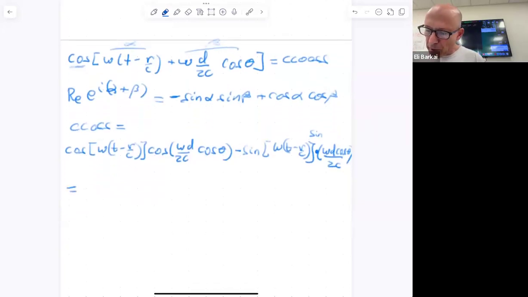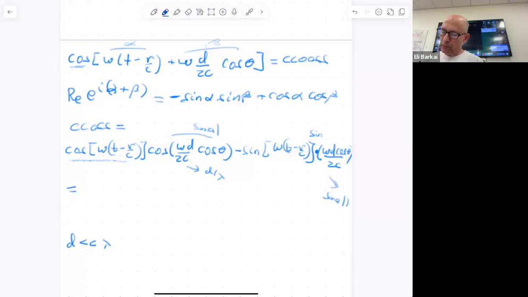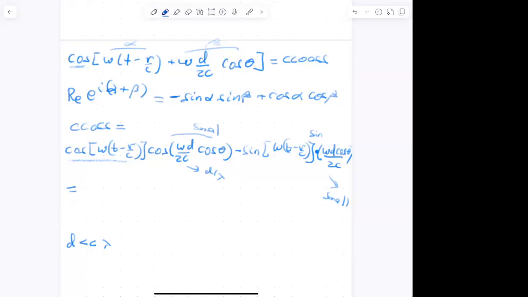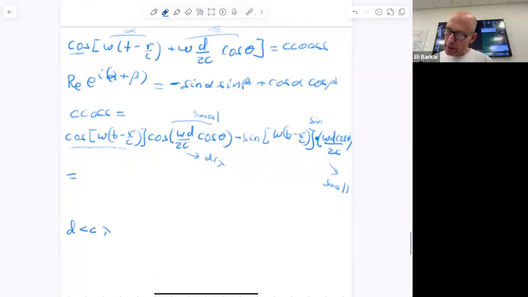Okay, so what is the leading term? You see immediately, this is the leading term. We are going to assume, as I said already, that d is much, much smaller than lambda. But this is exactly here, d over lambda. So this guy inside is small. What is this guy? This guy is also small. What is the cosine of a small number? 1 minus half x squared. Yeah, but let's be lazy. So the leading order of this cosine is 1. And then this is equal to